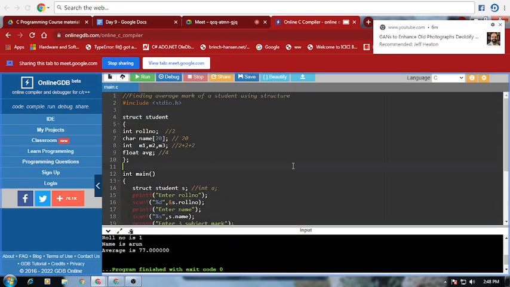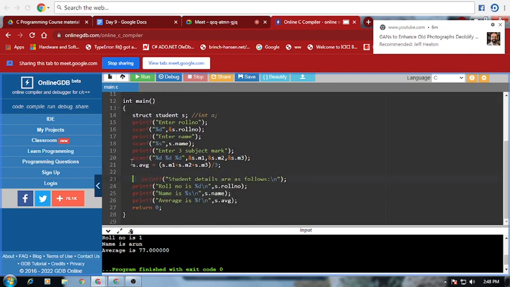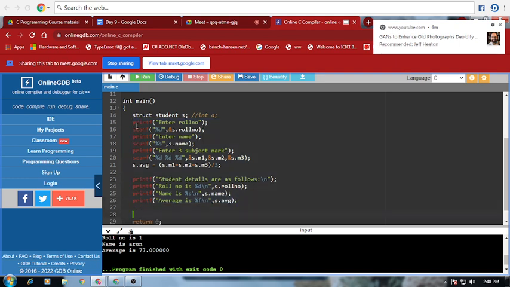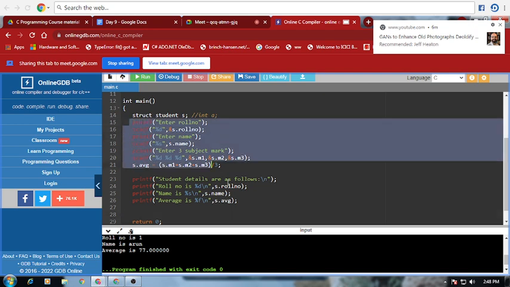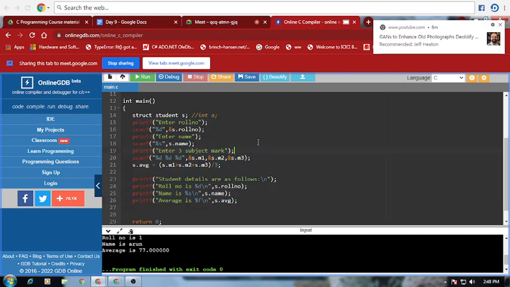Okay, so here we are using this structure for only one student. You may ask, I wrote this for one student. Okay, suppose I am having 20 students in my class. Am I going to repeat these statements 20 times? This is for one student, right? For another student also same, another student also same. So for 20 students am I going to copy paste the statements 20 times? Okay, that is not an efficient one, right? So instead